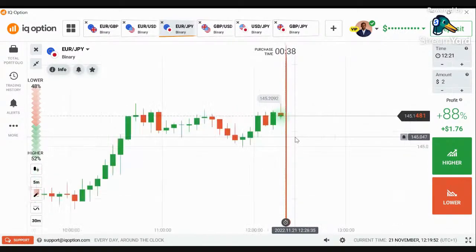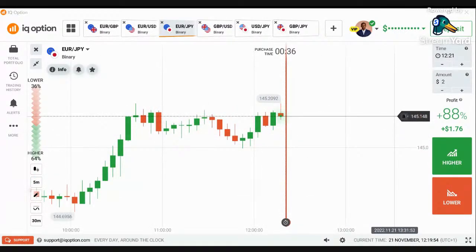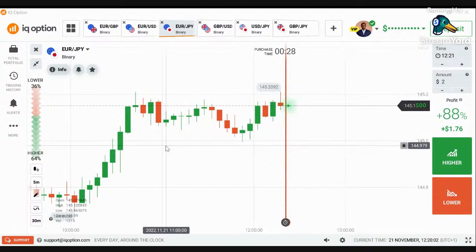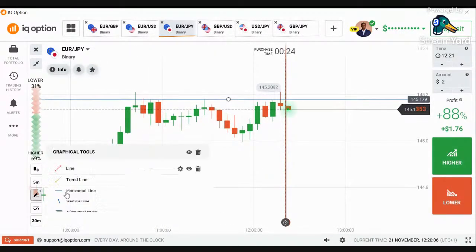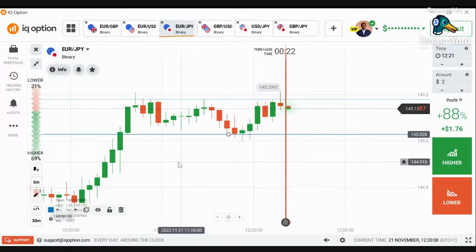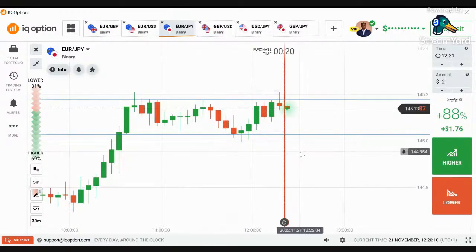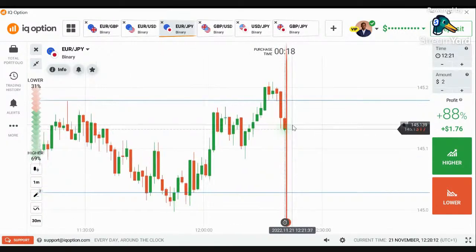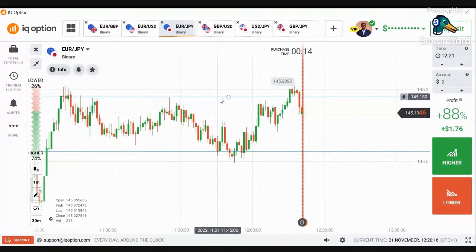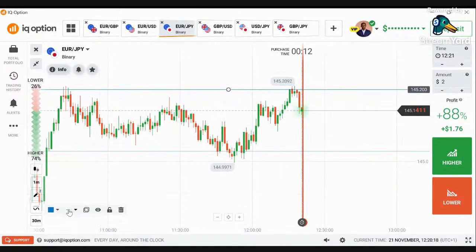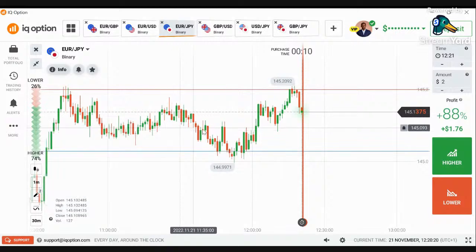All right, so on Euro JPY, like I said, the market is within this range. You can see it hasn't gone above it or below it. So let's just draw a line to mark that range. This is the high, and this is the low. So on the 1 minute chart now, the market is about to sell. Oh, it's already selling. Good sell-off. Let me increase this guy. So good sell-off on the 1 minute chart.